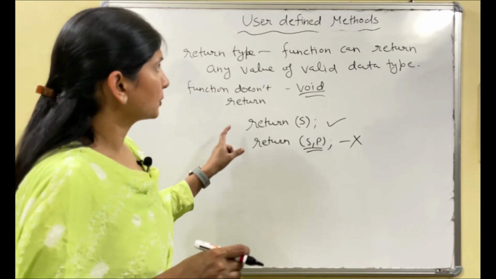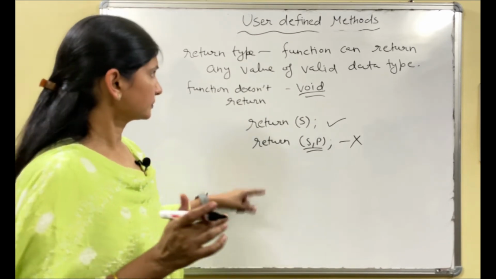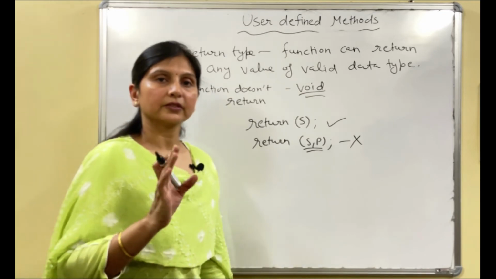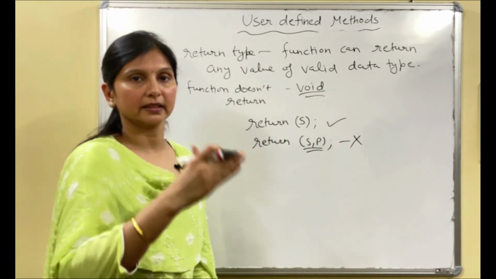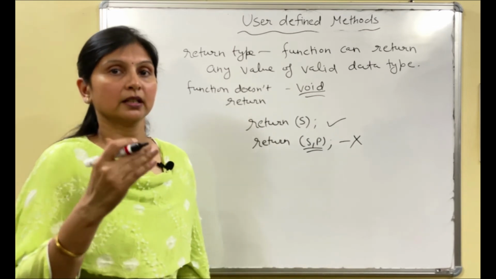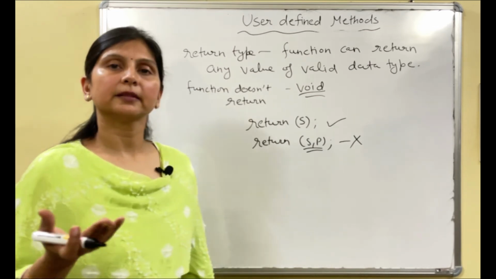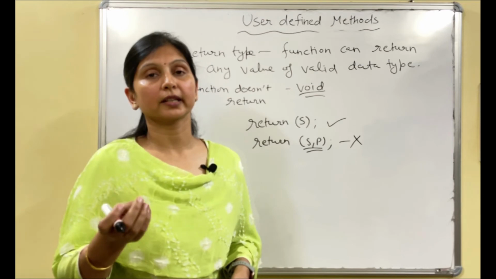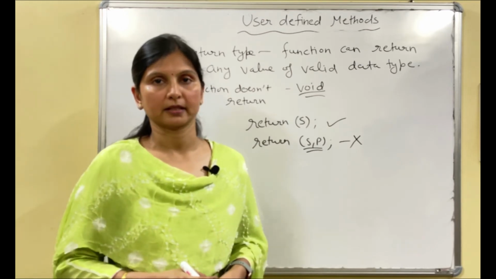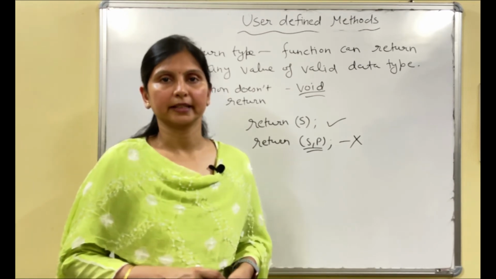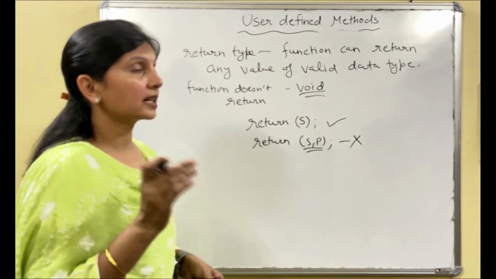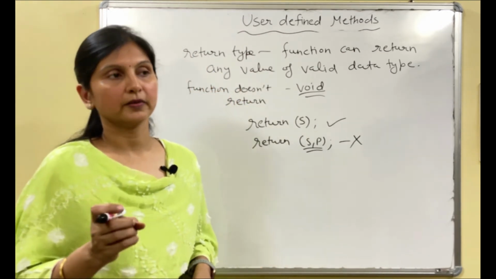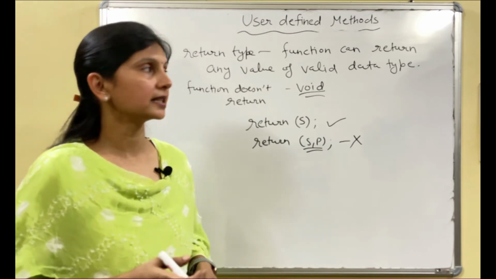Now the next, I hope return type is clear. After the access specifier and return type comes the method name. Now what should the method name be? The method name should be chosen in such a way that it makes the purpose clear. Fine. And it should be relevant. So that's it about the method name. And then we have the parameter list. Now we will see what this parameter list is.